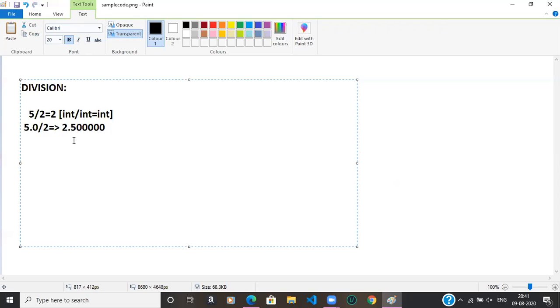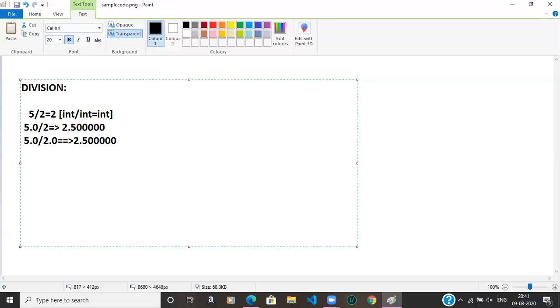We have already discussed that after the point there will be 6 digits in floating point. One more thing, 5.0 by 2.0. The result will be 2.500000.